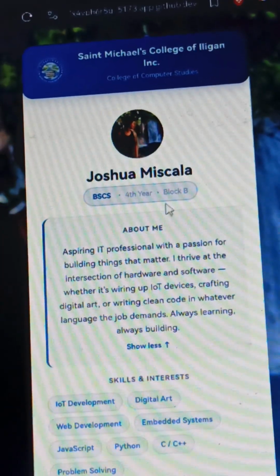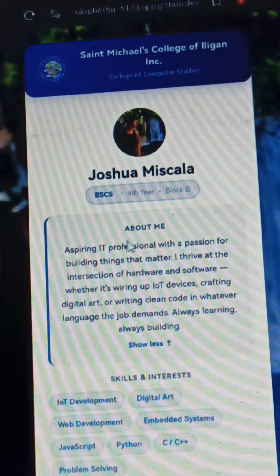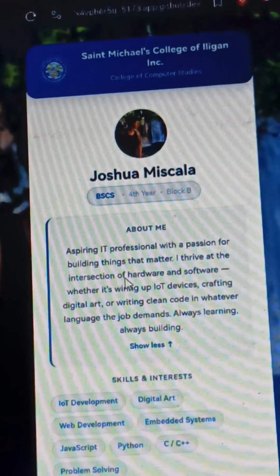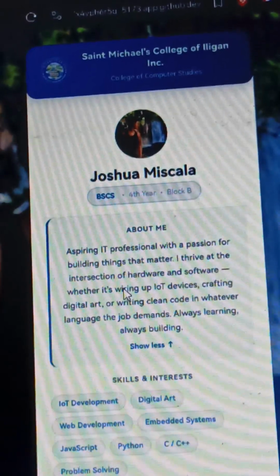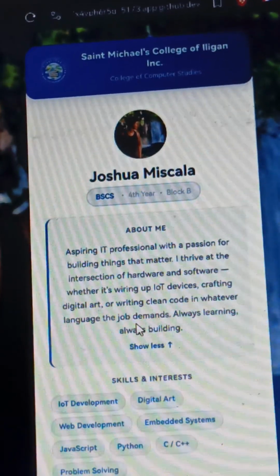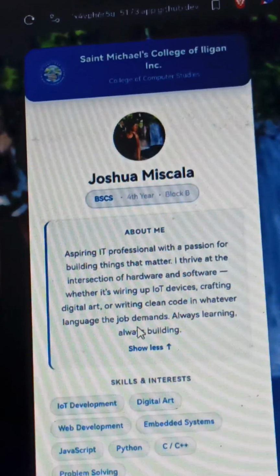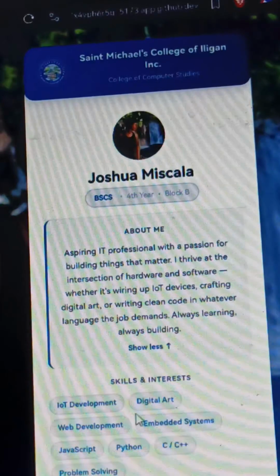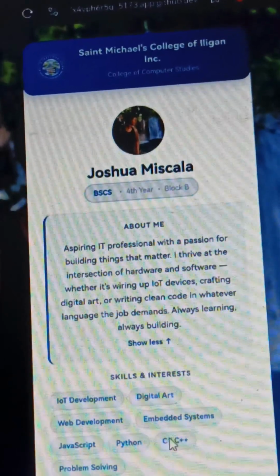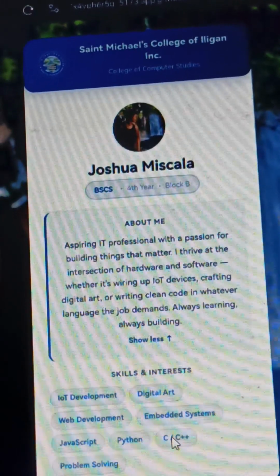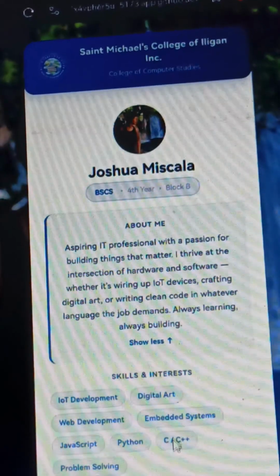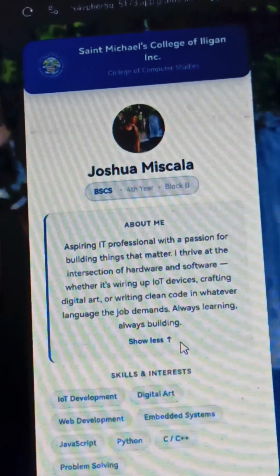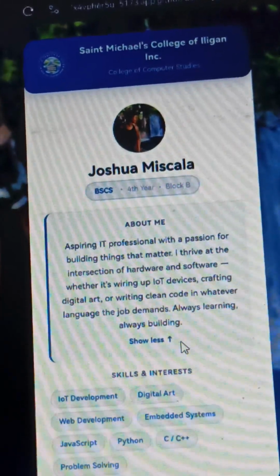And the last, finally, here is the live website output. As you can see, our header is rendering St. Michael College up top and our profile card holding my name, course, year level, and our biography section cleanly outputting my short profile paragraph at the bottom.